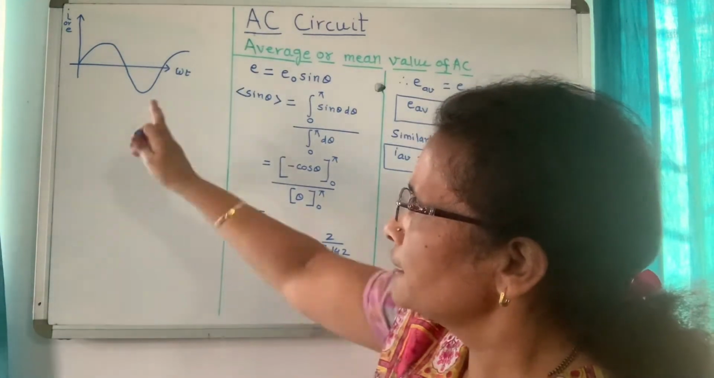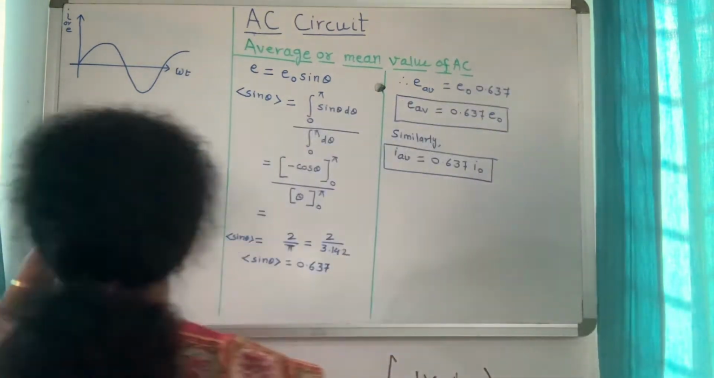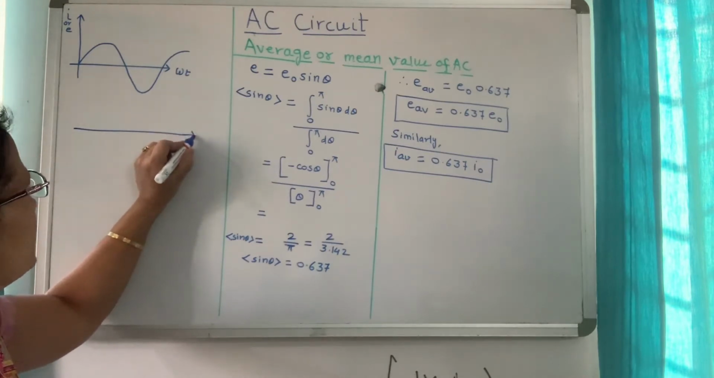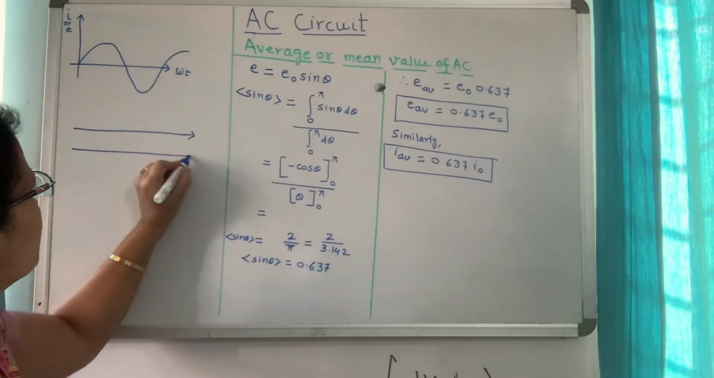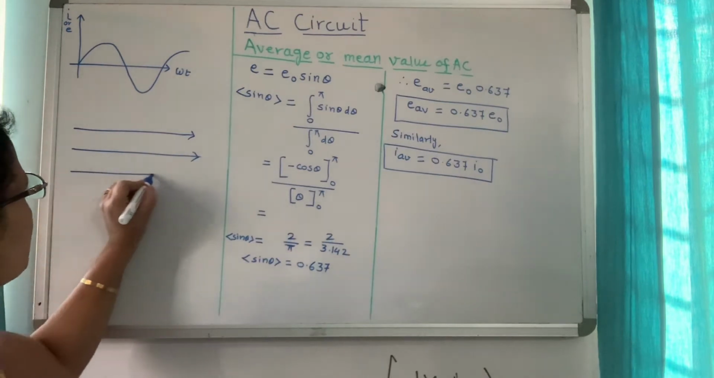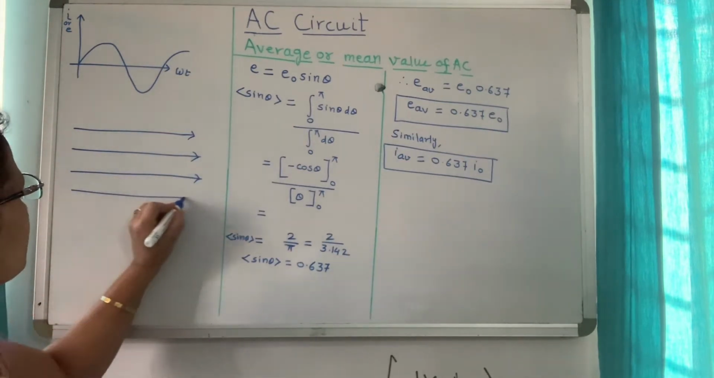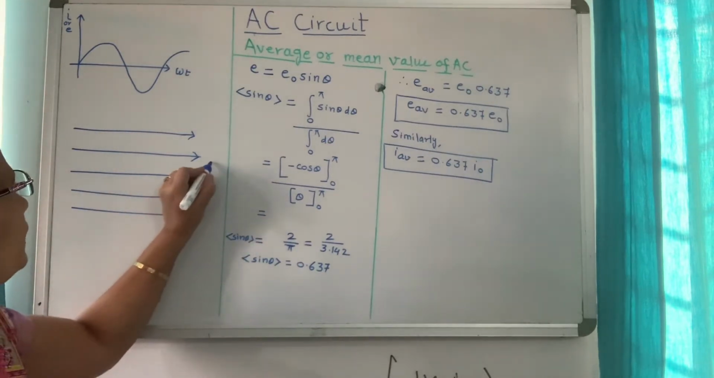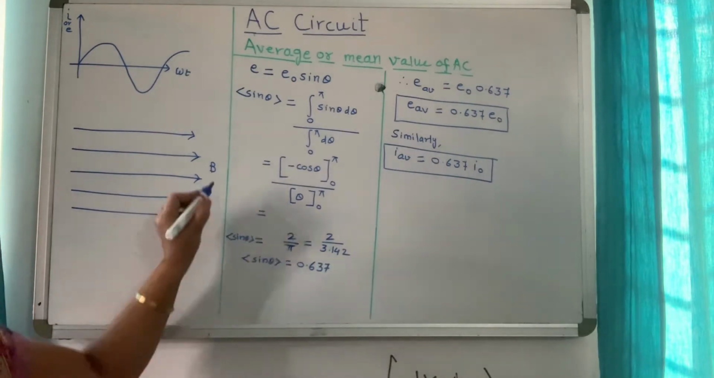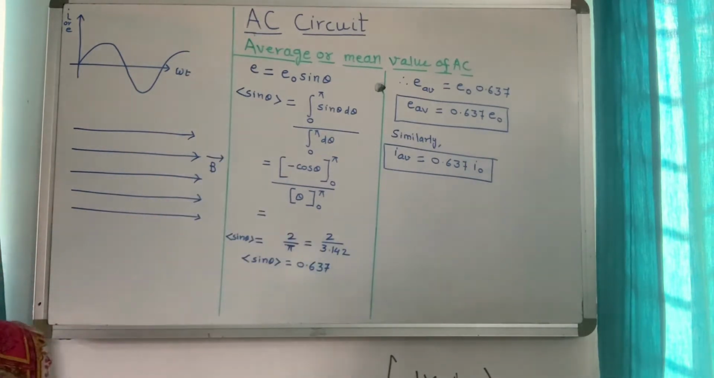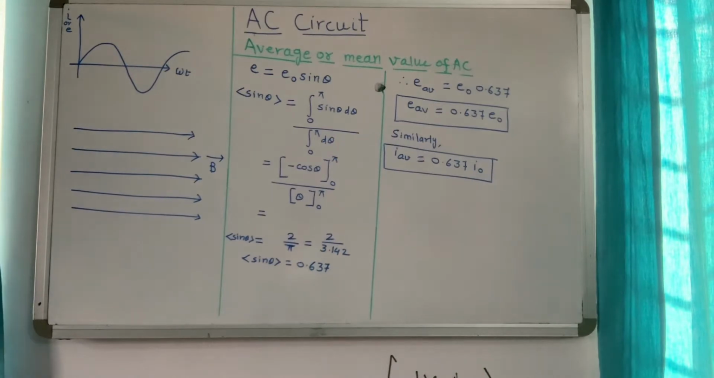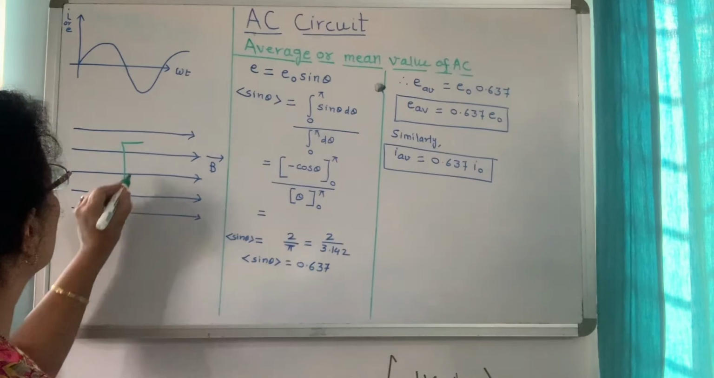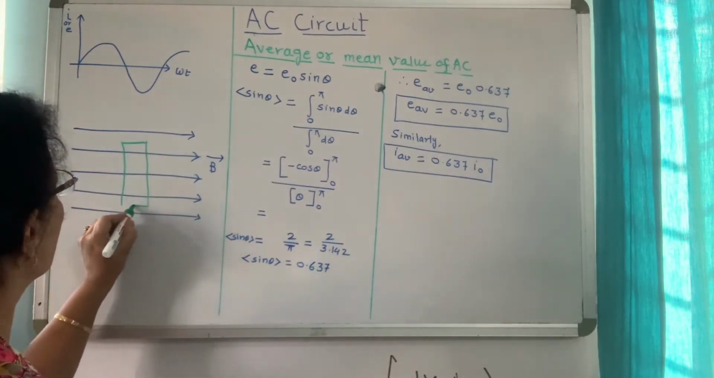Now see, to understand this graph, we will first understand the simple experiment or the simple concept, as you understood so many times previously in the chapter of electromagnetic induction. If this is the uniform magnetic field B, and one coil is placed over here, with a number of turns N,